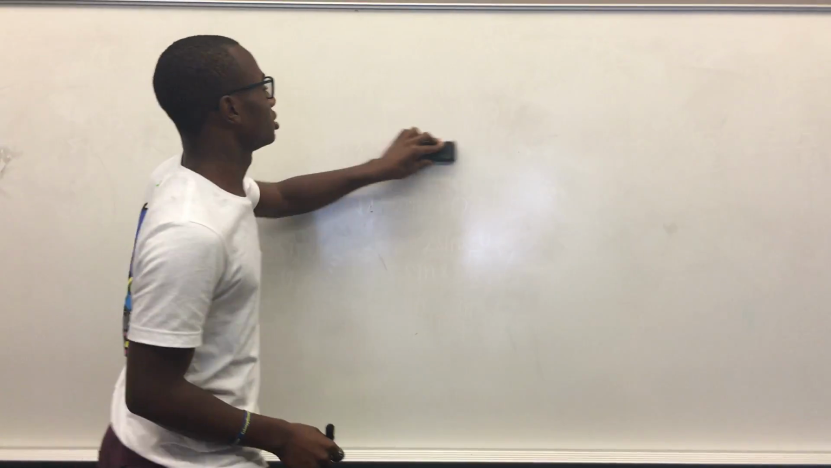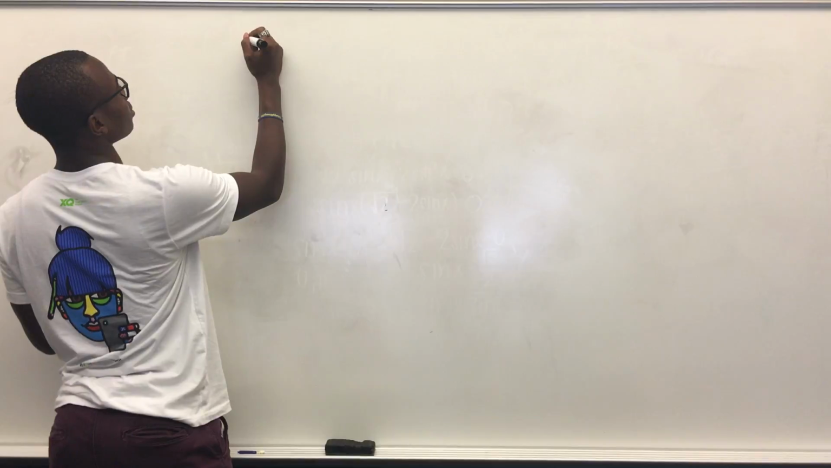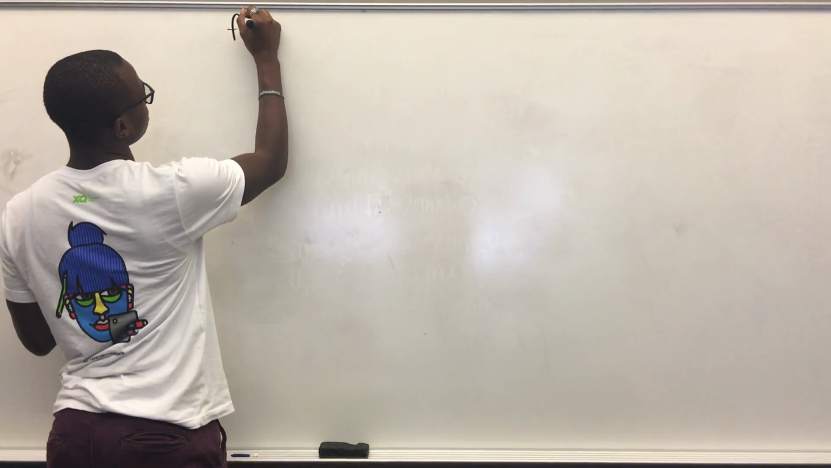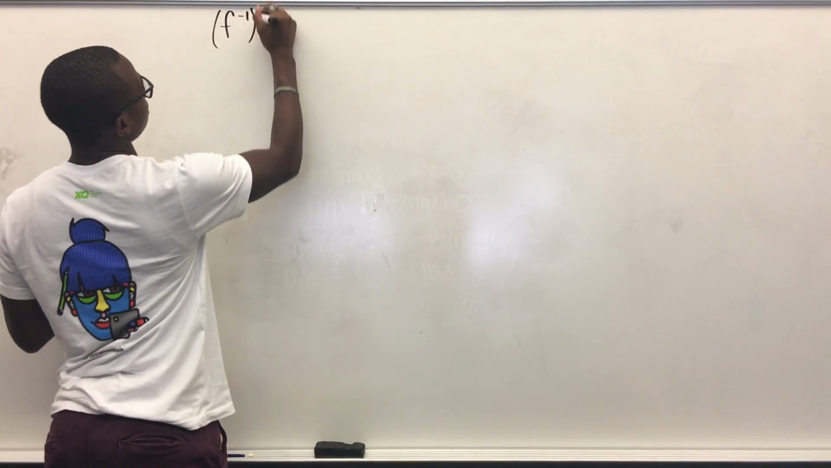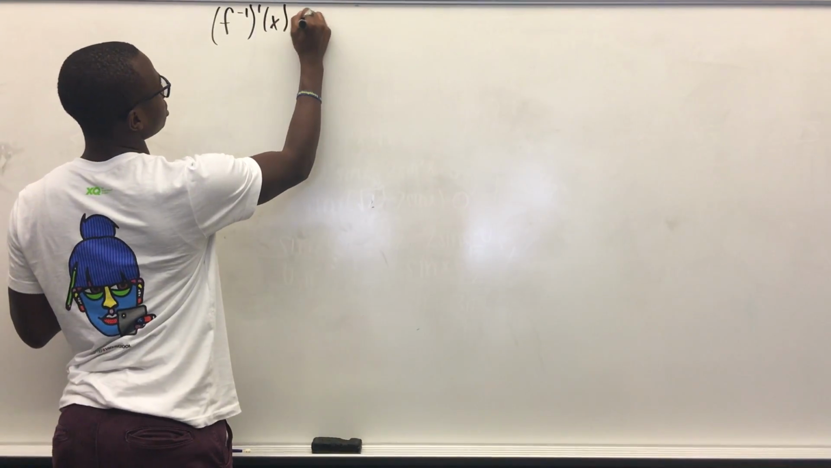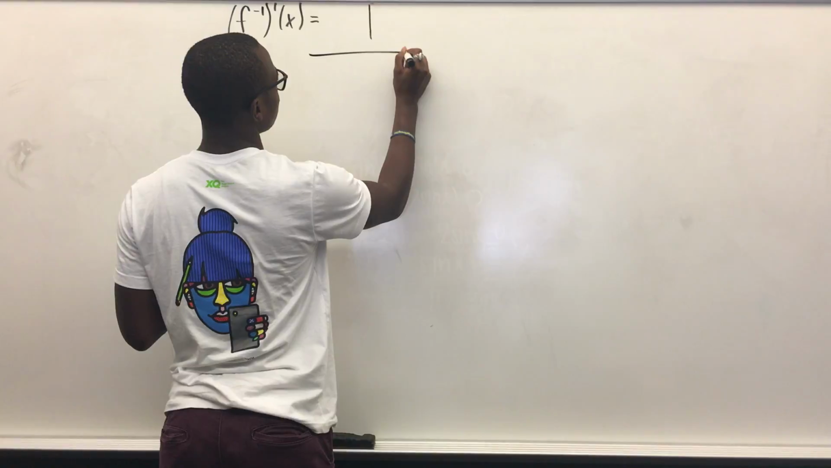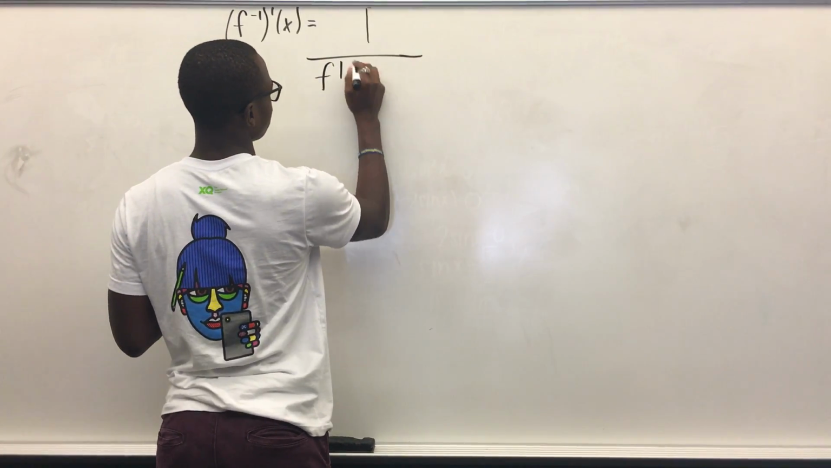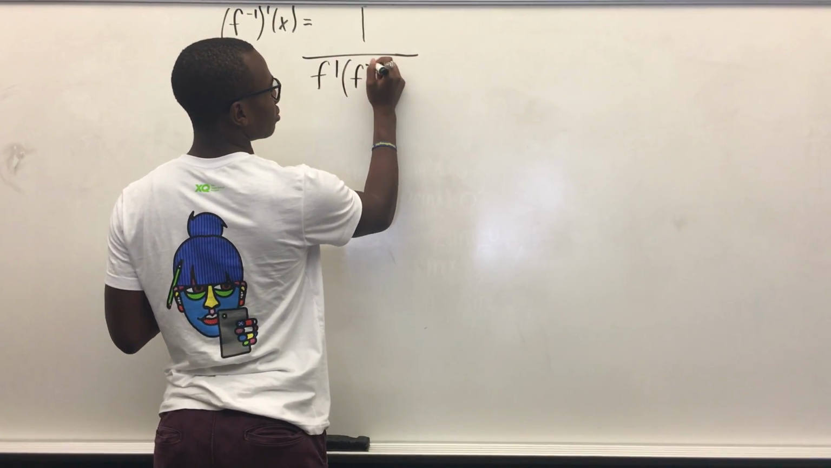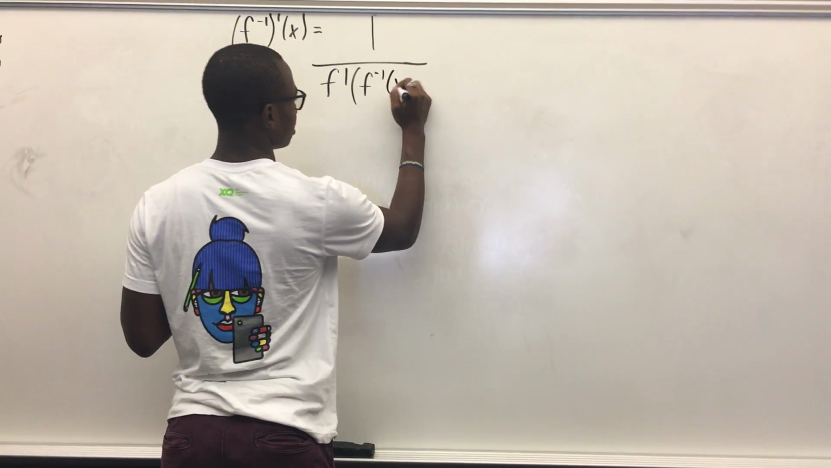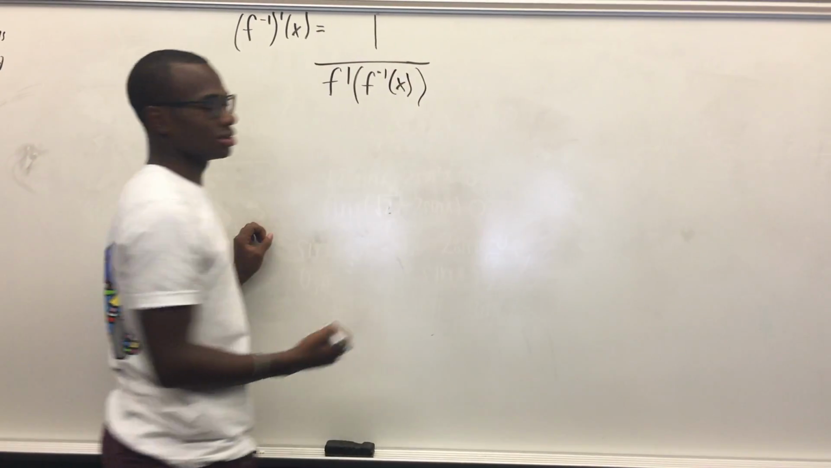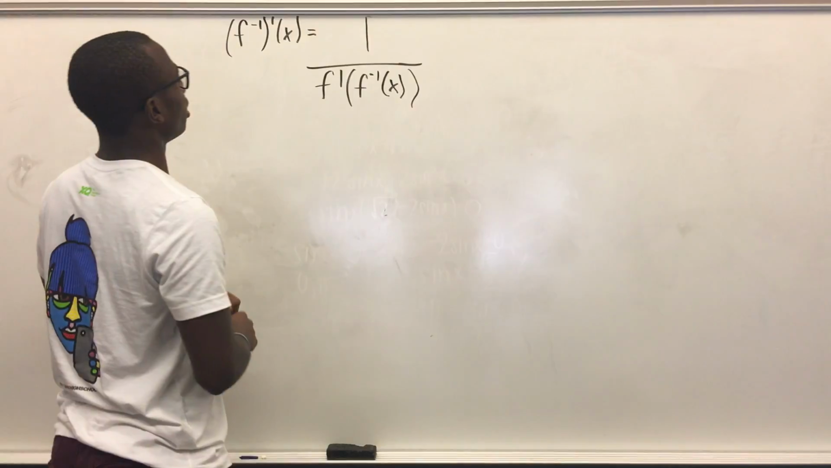The derivative of an inverse is equal to 1 over f prime of the inverse at x, right? Okay, and so